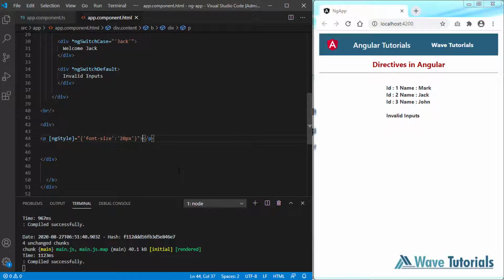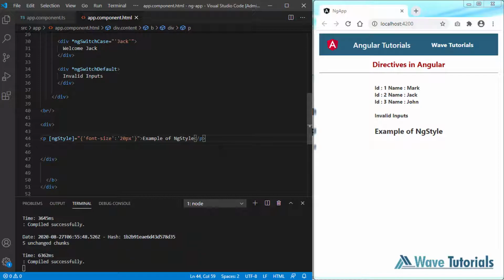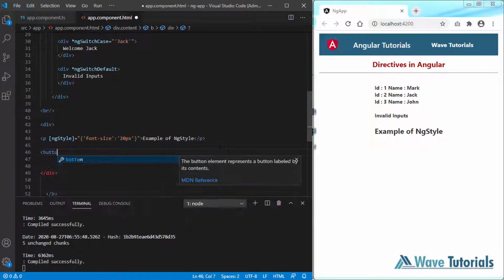Sorry, let me add a text here. Let's save it again. And you can see that the current font size of this text is a little bit more than these existing styles. So using the same way, we can also use the next attribute directive, which is ngClass. For this, we have to create a button and we will apply a class to it. So let's apply a class using ngClass and set its class value, within the square brackets, as a class we already created, like